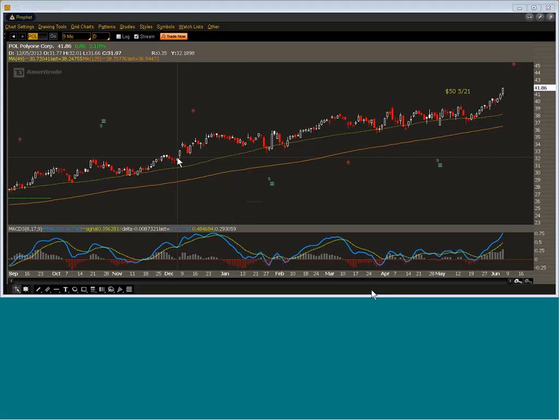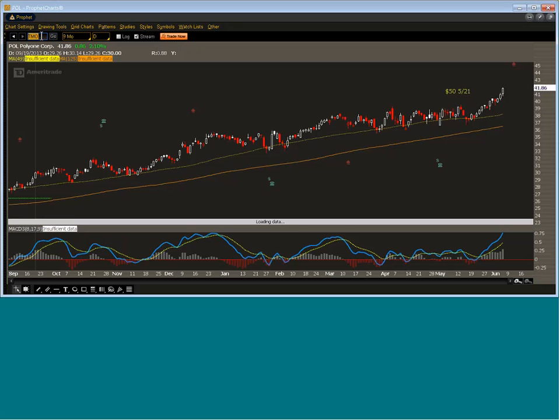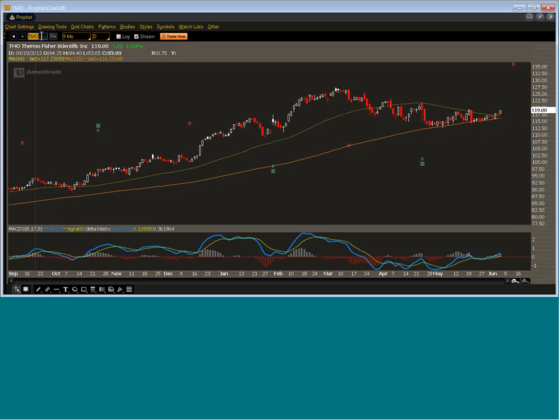Now we've added to 3 positions today. The first being TMO, Thermo Fisher. I believe they make some kind of scientific equipment. I'm not sure if it's microscopes or exactly what they make, but we get a nice chart here. It had a pretty long pullback. MACD is breaking the 0 line. We get a break above the 50-day moving average. So it seems like a good time to add to it, and we can go ahead and